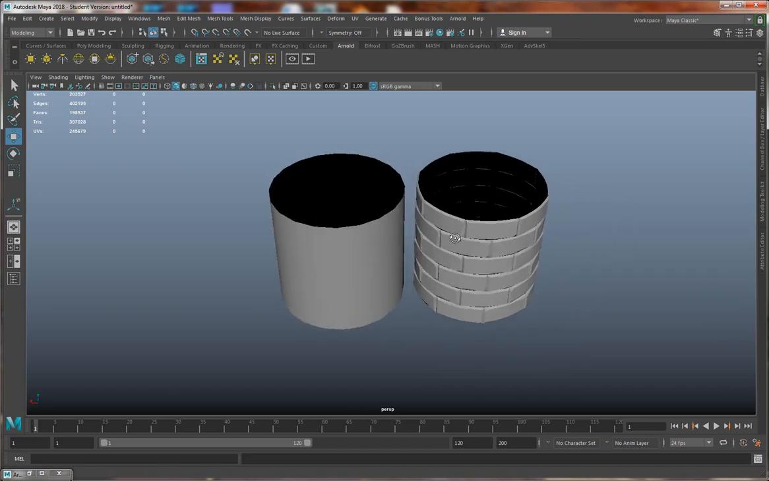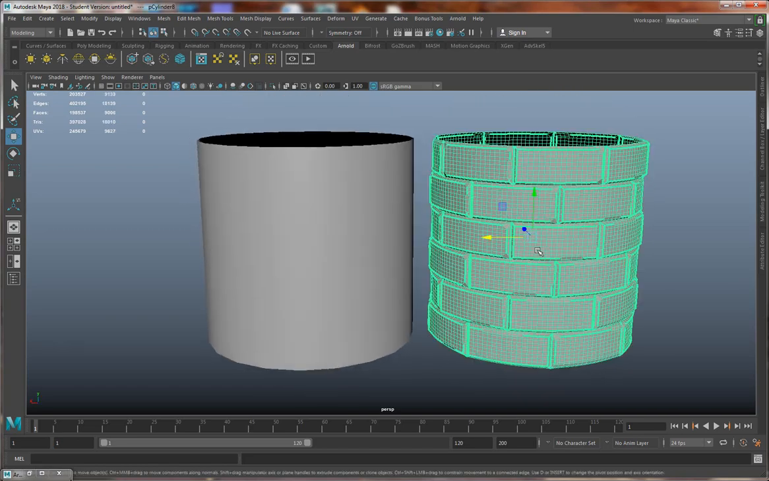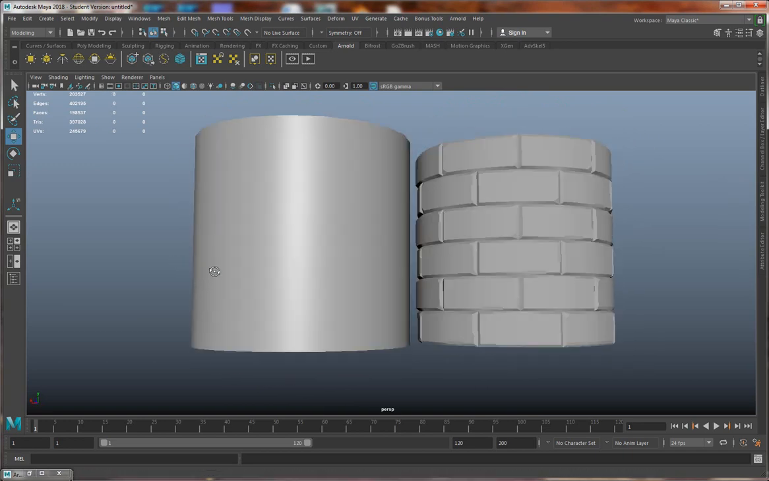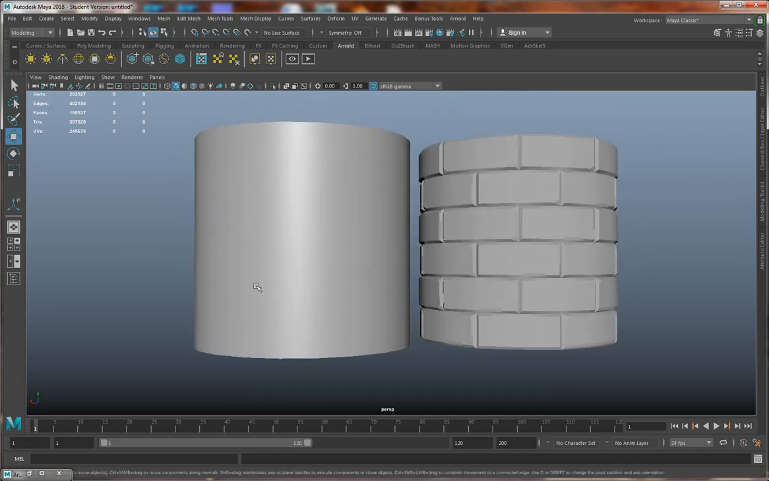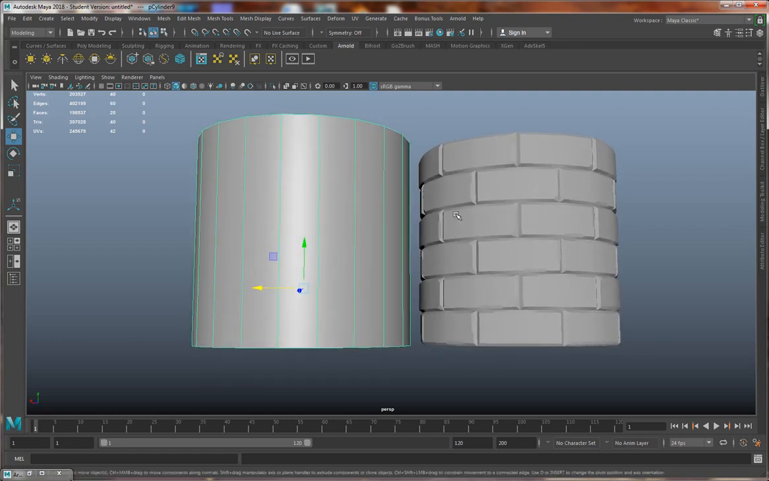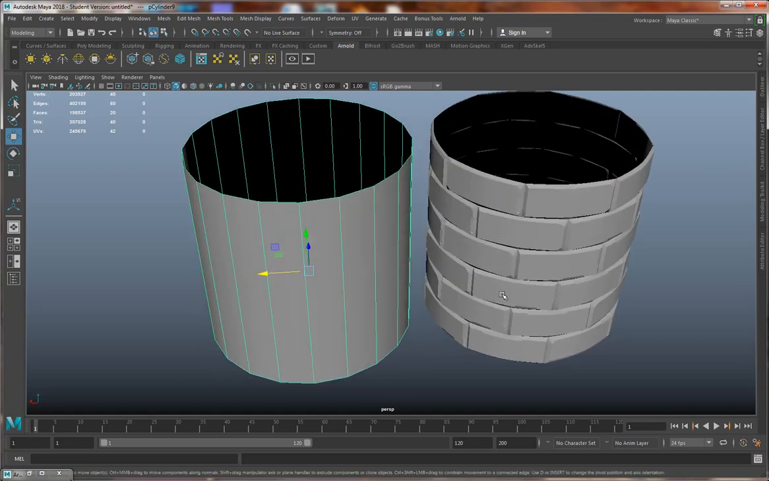So I'm going to start off with this, and you can see here I've got this cylinder with lots of bricks, and I've got this very basic cylinder. I've just applied a standard Blinn to this material as well, just so I've got that specularity on there, and that's going to help me pick out a lot of this information